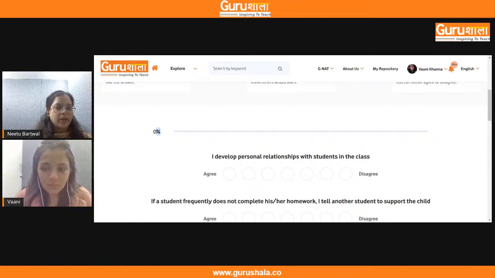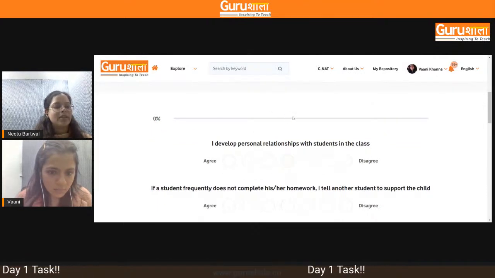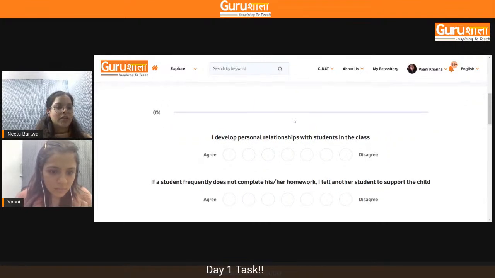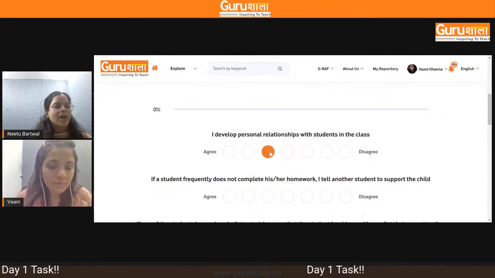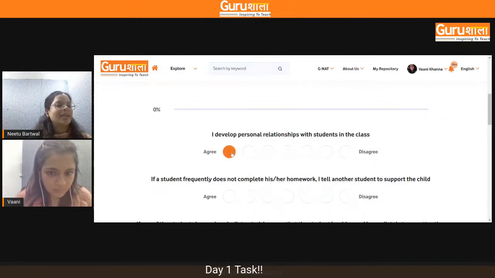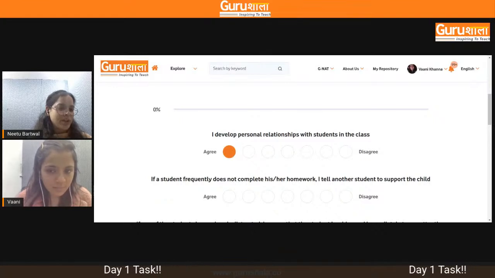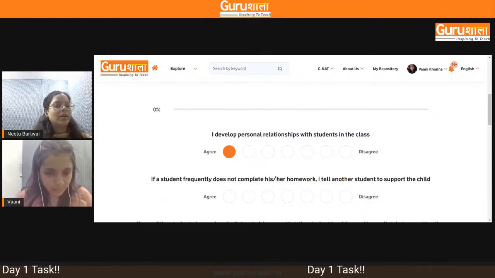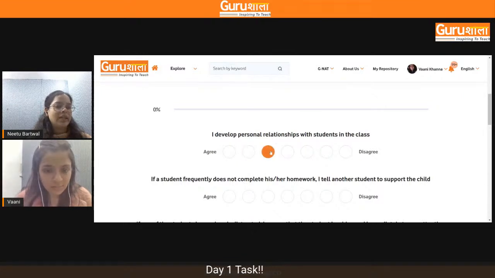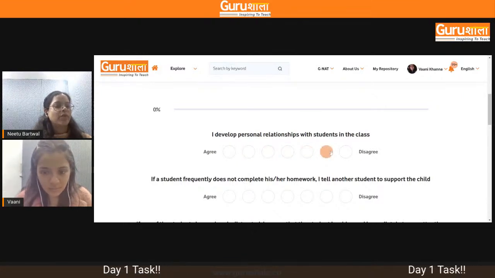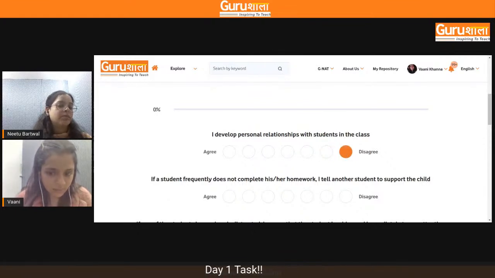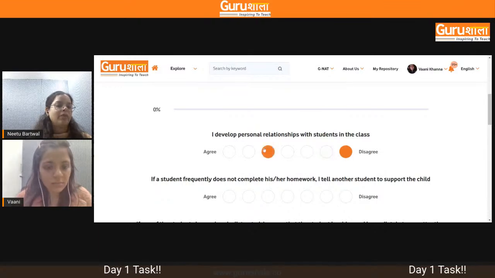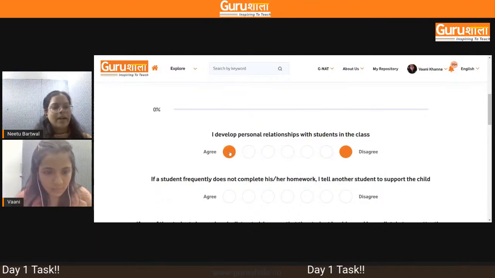So like you have just shown the questions to our teachers, if we want to answer any question, we can just go through the question and we can see if we disagree or agree with that statement. If we agree with that statement, we can check the frequency to which we agree. You can see that there are different bubbles in between these extreme ends, agree and disagree. So if you extremely disagree with the option, you can choose the circle at the right corner, and if you agree with the option, you can choose the circle at the left corner.